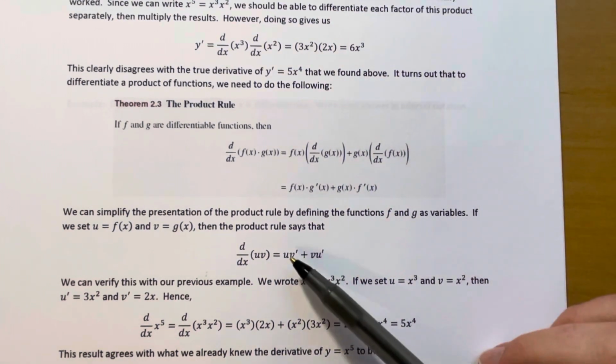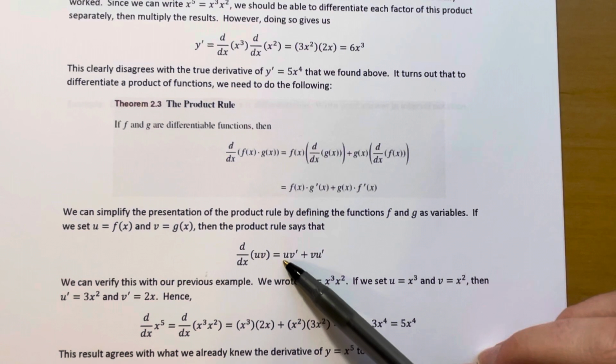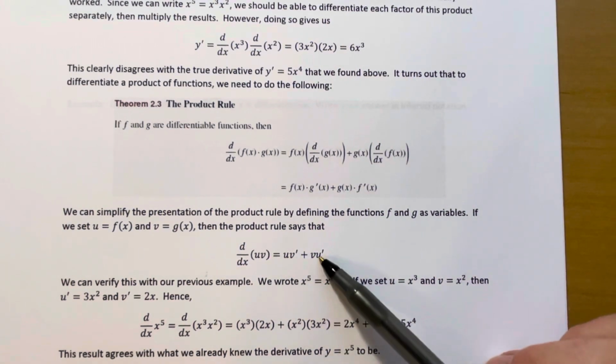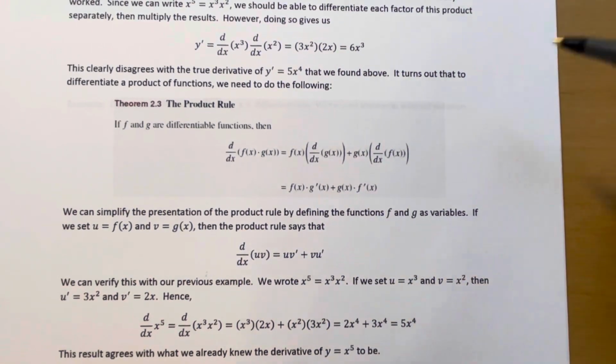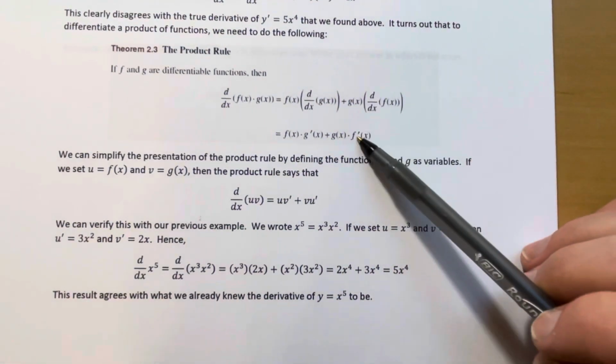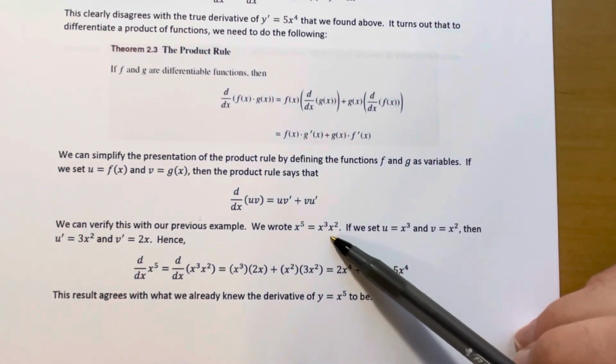Okay, so notice each product has one of the original functions as a factor, and then the other function's derivative as the other factor. And we have a term for each of those possible combinations there. So going back to our previous example, let's verify that this rule works with the way that we broke down